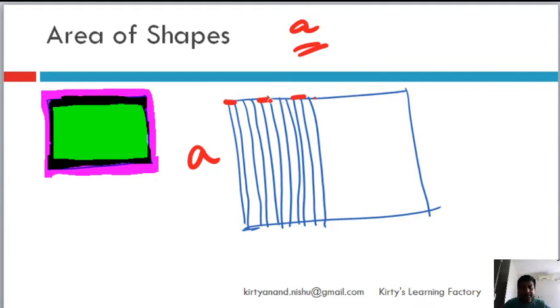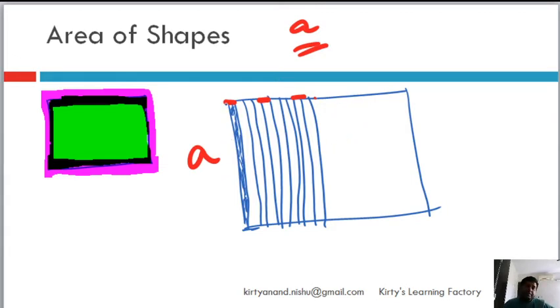If it were a rectangle, then obviously it would come to something else, but right now we are assuming it's a square. When we add whatever area is covered here, let me again change the color and thickness. If I shade this strip and then add all these strips, they will have equal area, right? So when we add all of this, it becomes equal to the area of the square. That's how you have to conceptually understand.